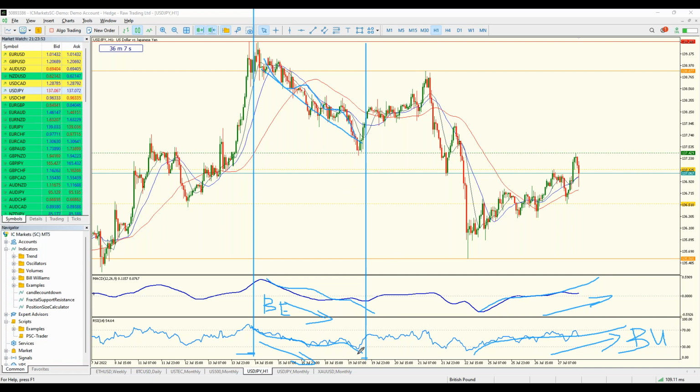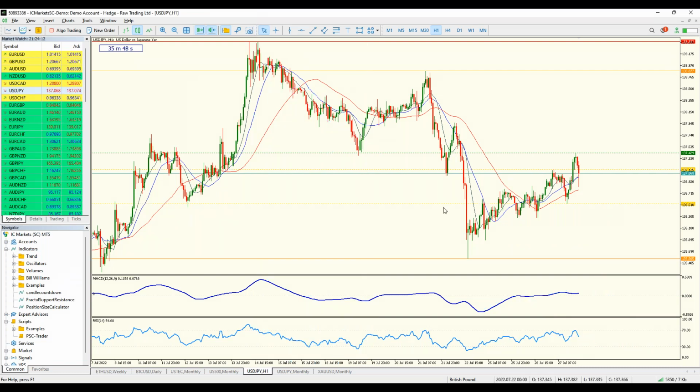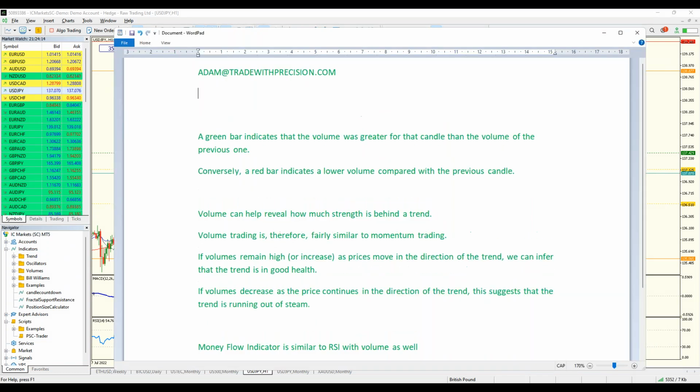Or another way of putting it is I want these indicators to match what price action is doing. So if price action is bearish, I want my indicators both to be bearish as well. If everything is in agreement, in other words, price is bearish and the indicators are bearish, then what that tells me, okay, we'll go to the notepad as well, is reading